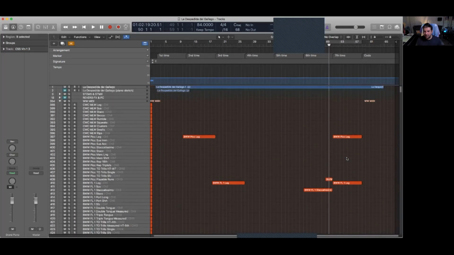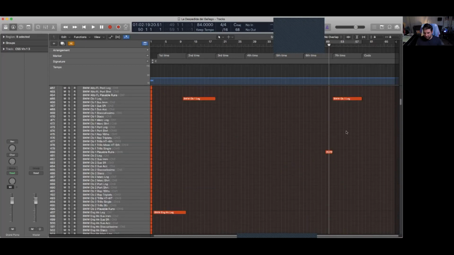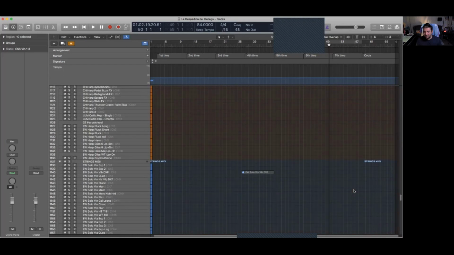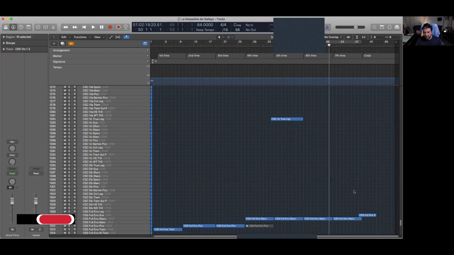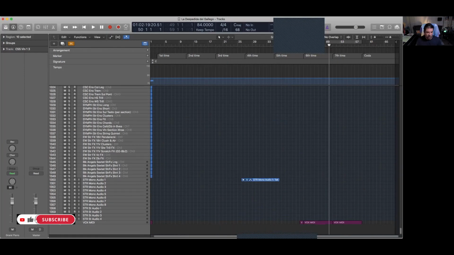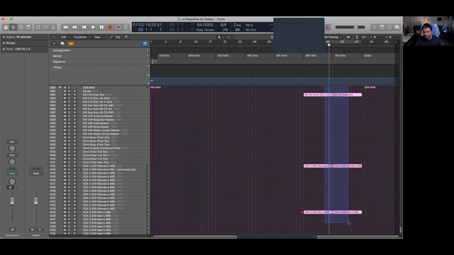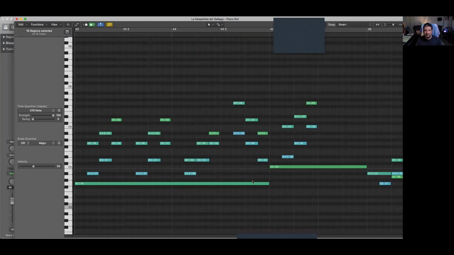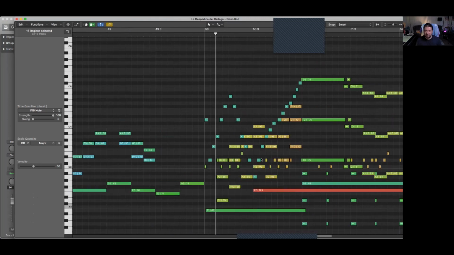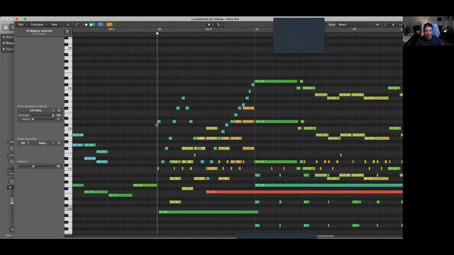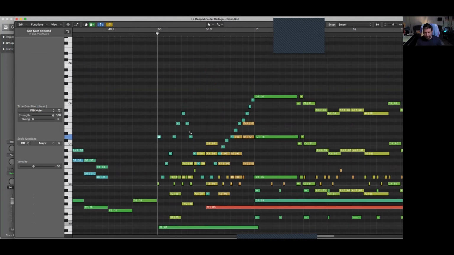And I forgot to mention that there's also a choir on the bottom. So if I go down here, you can see I added a little choir just to give it a bit of a different color, which is really cool. So I'm going to show you real fast from here. We can start it a little bit before the 7th version. So this is that run leading up to it. And then the choir comes in here, singing Oz, basically. So let's listen to that all the way to the end.